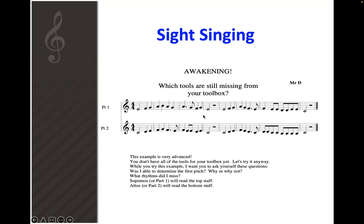And then I just keep clapping for the rhythm, even though they've all pretty much failed and nobody's gotten past measure 5 or so. And then they go to the end and they sit there. I'm like, so how did that feel? And like, it felt terrible. And like, how would you have felt if you were in the sight singing room and you had an example that you didn't know how to do, and you had to do that in front of the judge? Well, we would have felt terrible and embarrassed. And, like, why didn't Mr. Duncan teach us? Well, that's because when you come back from holiday break,